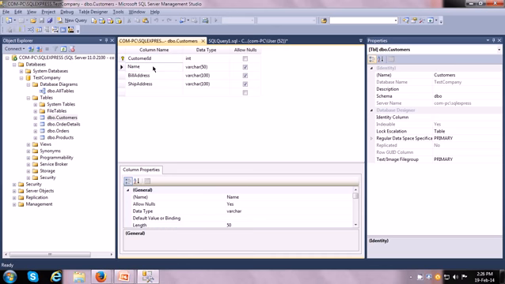Next column is the name. Here the data type is character data, and it can accept up to 50 characters maximum. So the name of the customer can be 50 characters. This looks okay. If it is too short, maybe 10 or 20 characters, then that can be a defect, because it will not be able to store all customer names. Allow nulls is enabled here, which means that you can have a blank name. So this can be a defect, that it allows a blank customer name.